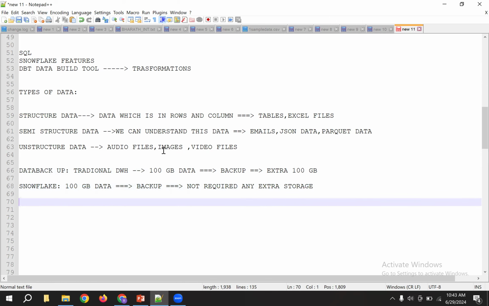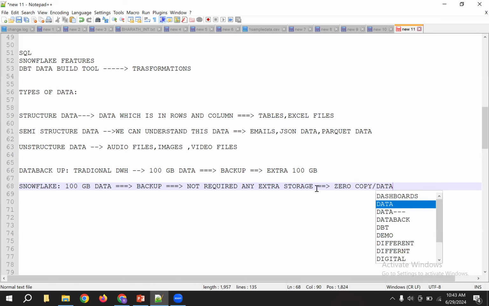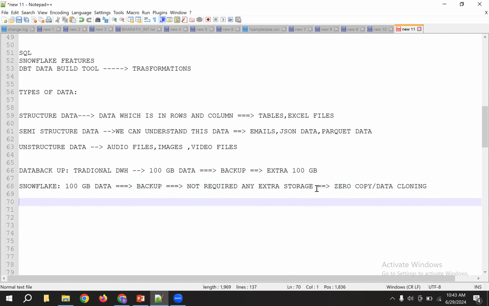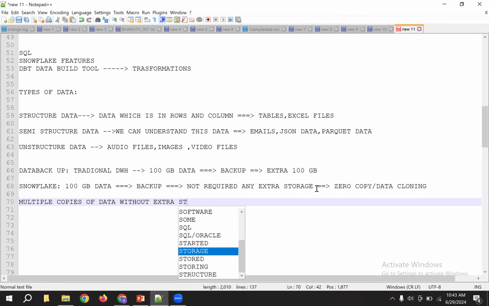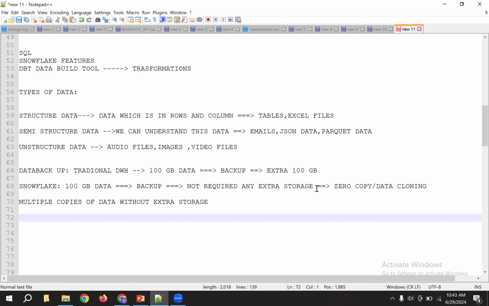We have a feature here in Snowflake called zero copy, or data cloning. By using this, you can maintain multiple copies of data without extra storage.